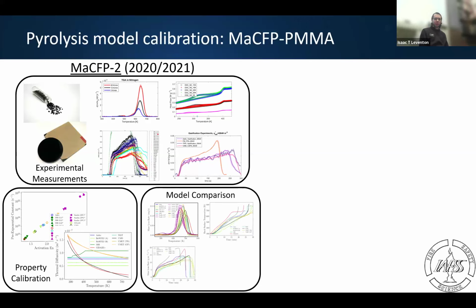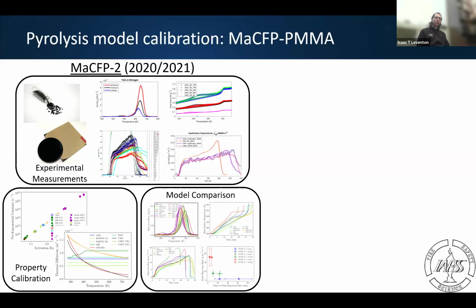And we could start exploring how these variations in property sets, and these variations in measurement data, influence the real predictions that we care about, such as onset time to mass loss, the decomposition temperature, peak burning rate, and so on. A learning outcome here was that the scatter in our model predictions was greater than our experimental variations.